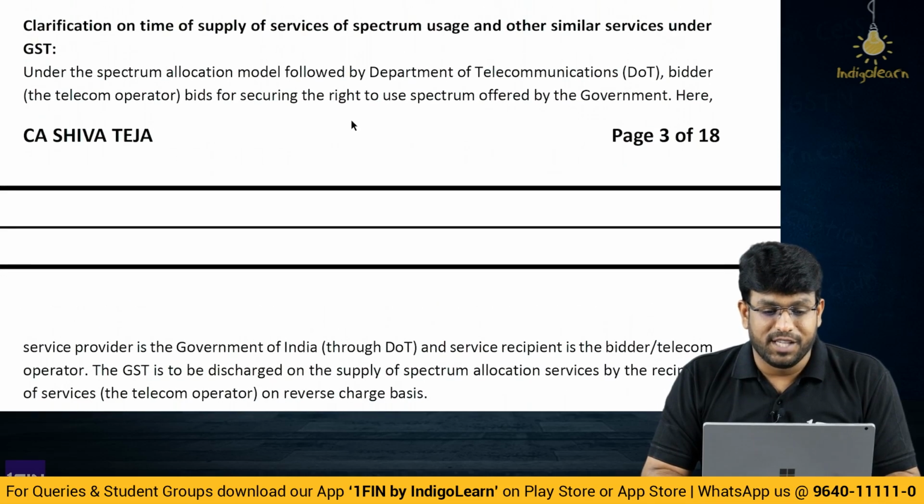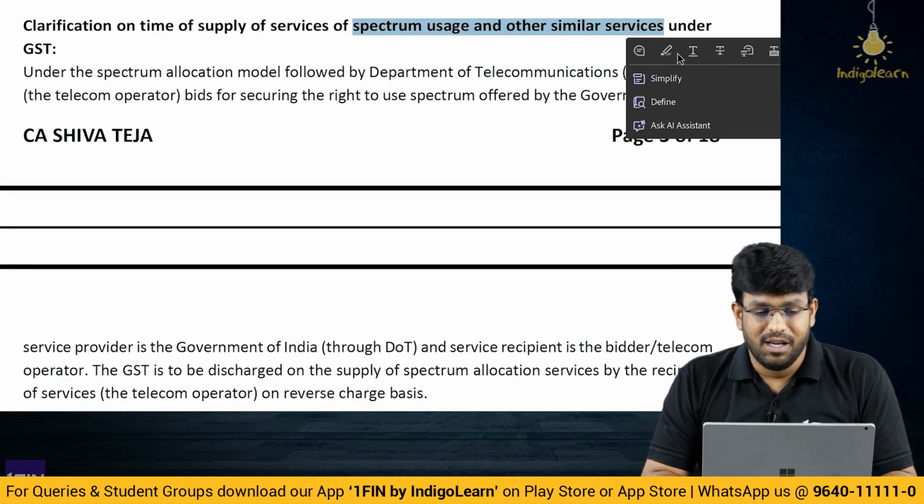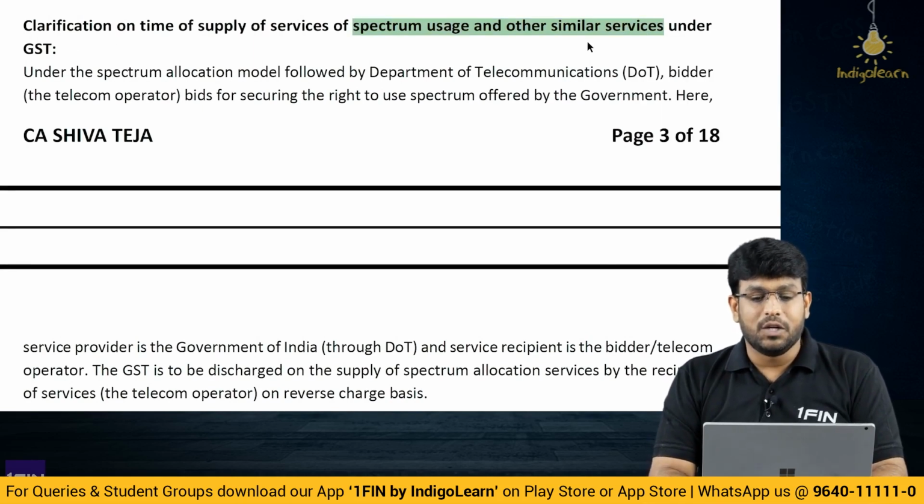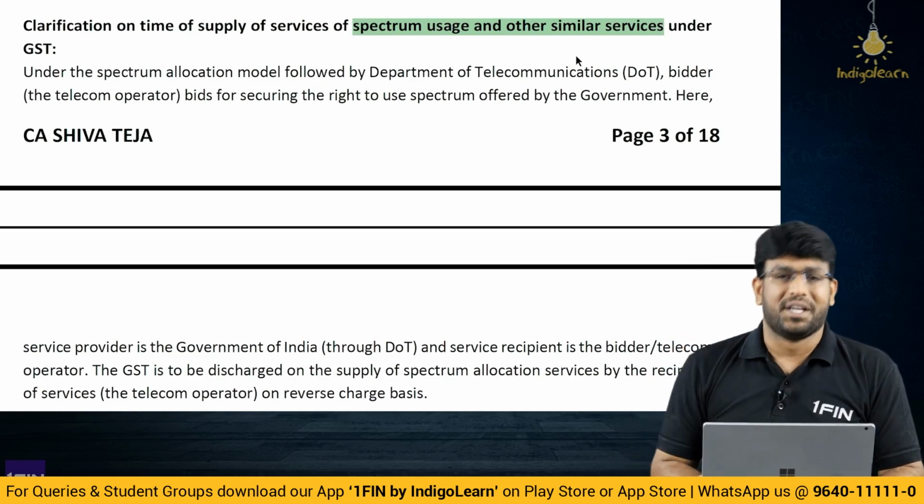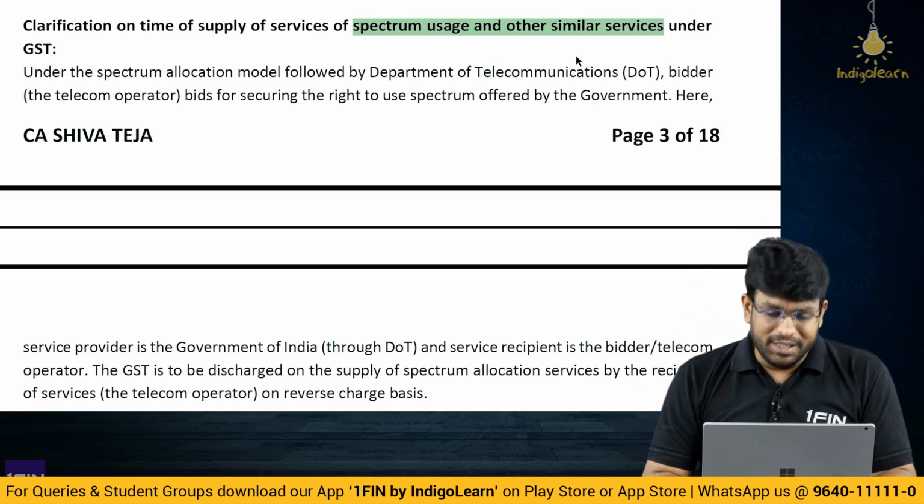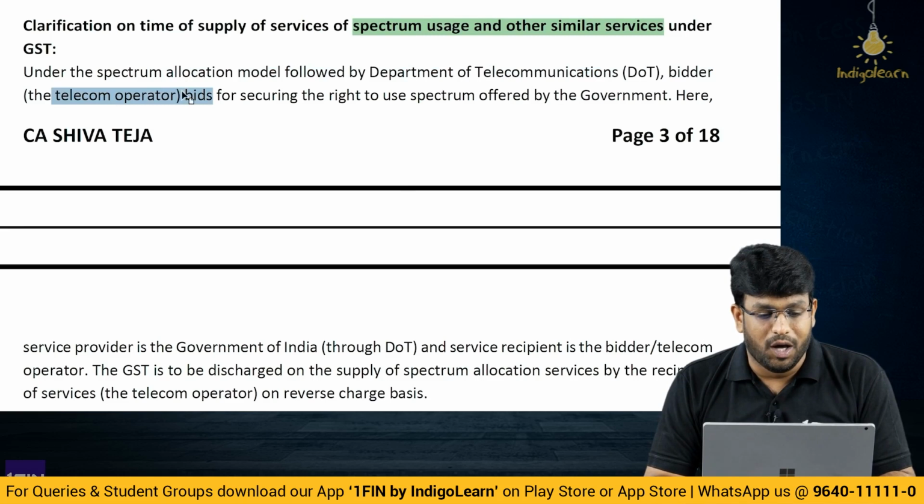Clarification on time of supply of services of spectrum usage or similar services. So spectrum is a telecom license which is given by DOT, Department of Telecommunications. This is also a continuous supply of service only, my dear friends. Under the spectrum allocation model followed by the Department of Telecommunication, the bidder, a telecom operator like your Airtel, Jio and all, they